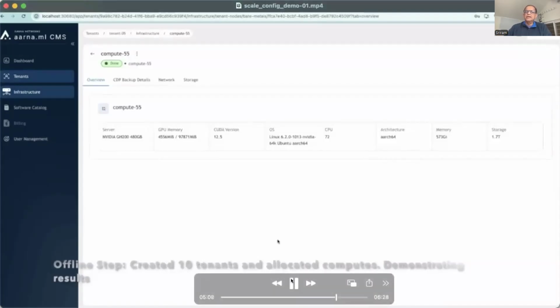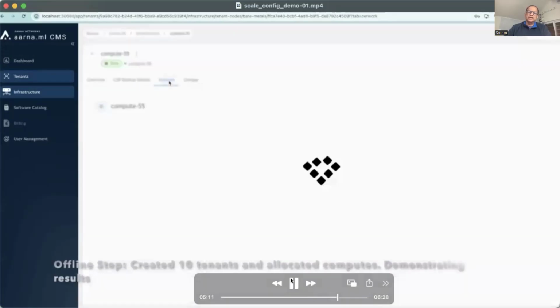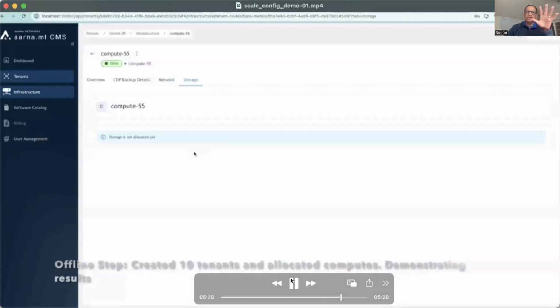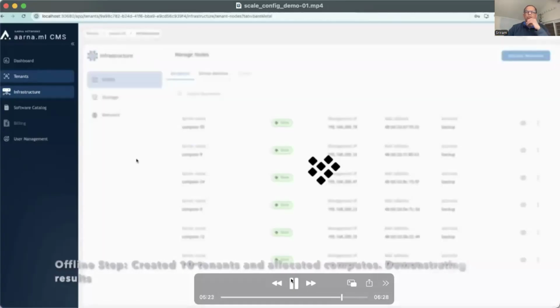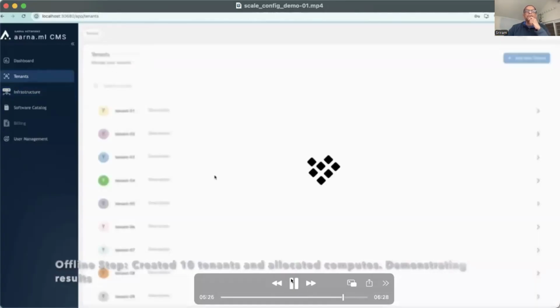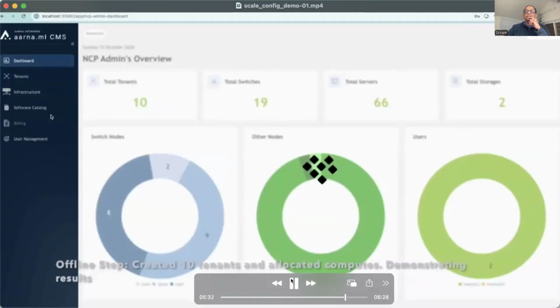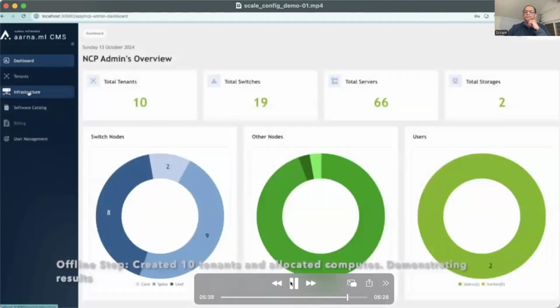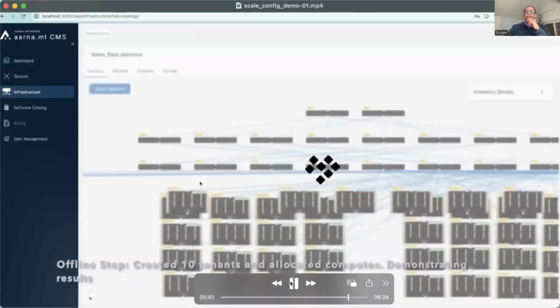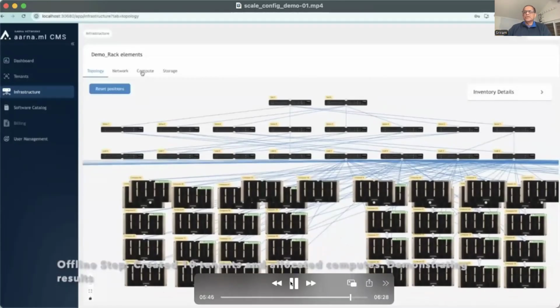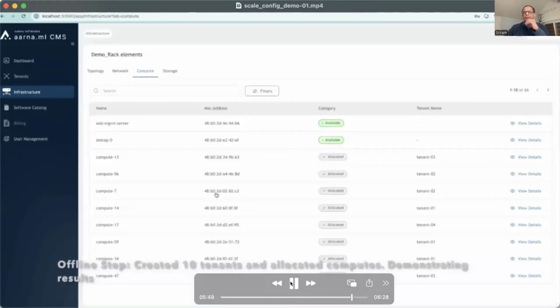Yeah, so now we've also allocated a bunch of compute nodes for the other tenants, again, in the background. So it's not as part of the demo, but we have done that in the background. So now you can see that all of the tenants have certain number of servers, 5 or 10 or whatever is the number of servers. So each tenant has a bunch of bare metal nodes. So you can go back and look at the inventory.